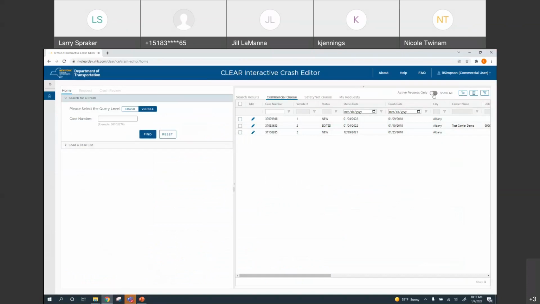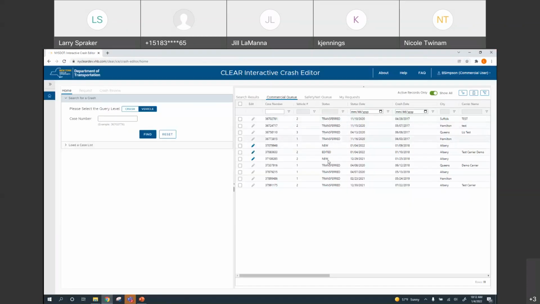queue. So once again, if I click show all, now it shows me there's the 3 records that I have in there that are active, if you will: new, edited, new. That's the one we just edited. And you'll see that there's a bunch that have already been transferred, and a bunch of tests and so on, right? So that's the difference between show, and this is going to be apparent in the SafetyNet queue as well, where we're going to have statuses such as uploaded, and so on,